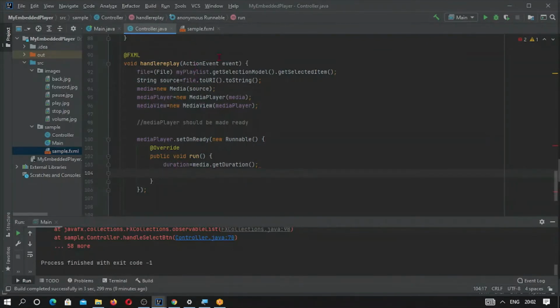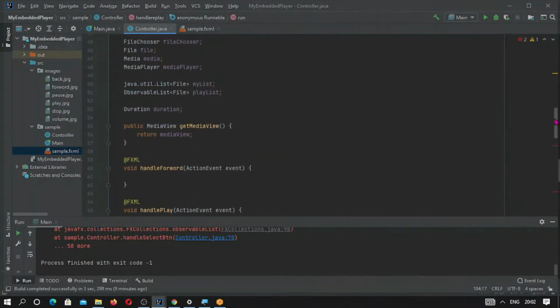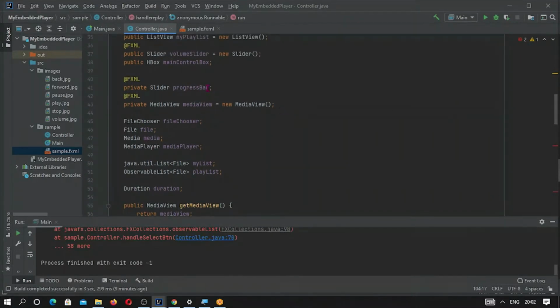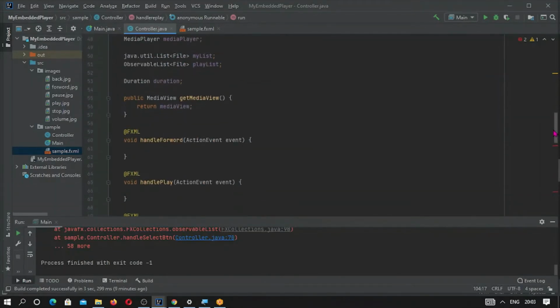Now we have a progress slider. This progress slider will extend as long as the media is playing. So this is a slider, and we have to set its endpoint to the media duration.